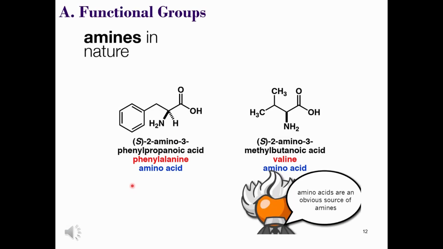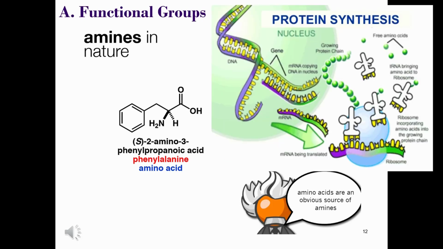So here are two functional groups for the price of one. These are amino acids. So we have an amine group and a carboxylic acid group, which we'll be discussing later. But for now, these are both essential amino acids in that we get them from our diet. So both essential and non-essential amino acids are involved in protein synthesis, and without these, your body struggles to grow